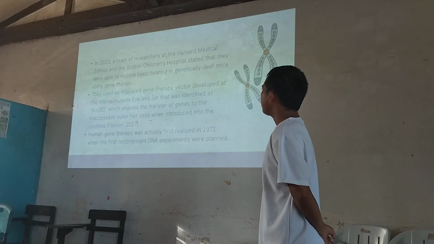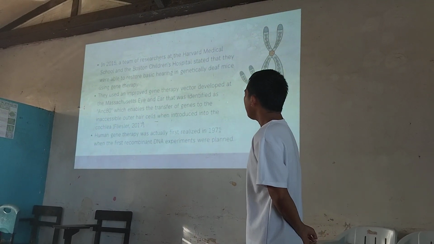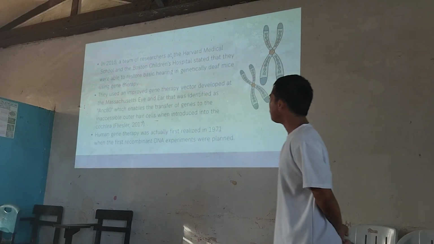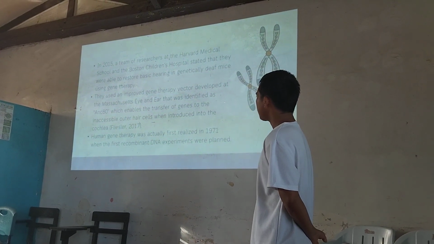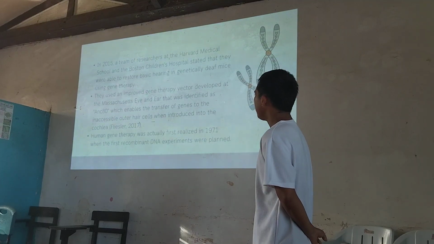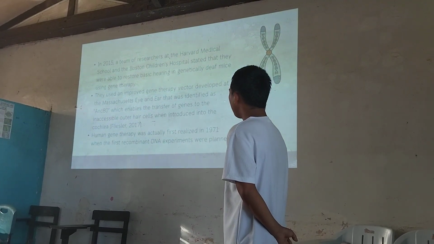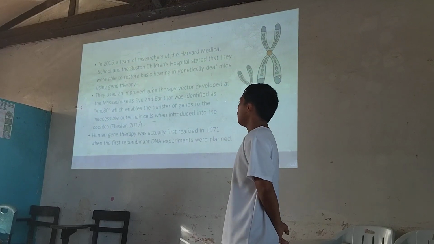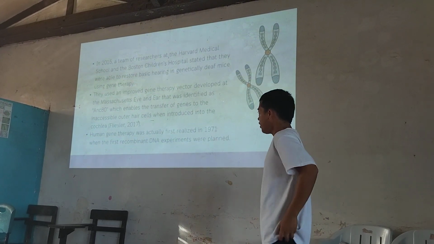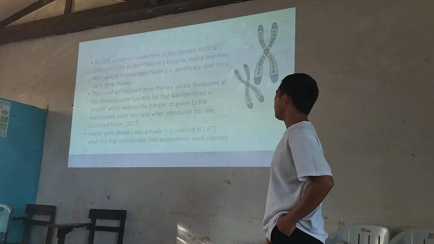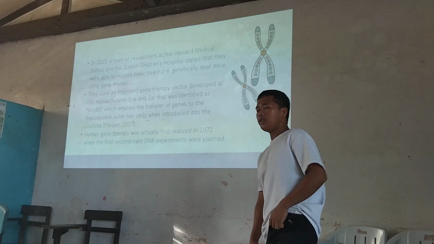that they were able to restore basic immunity genetically in mice using gene therapy. They used an improved gene therapy vector developed at the Massachusetts Eye and Ear, identified as ANC80, which enables the transfer of genes to the inaccessible outer sensory cells of the inner ear. Gene therapy was actually first realized in 1971 when the first human DNA experiments were done. So in 2015,